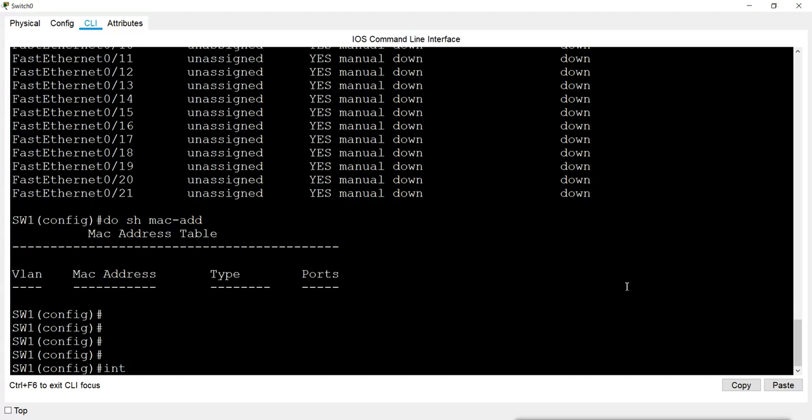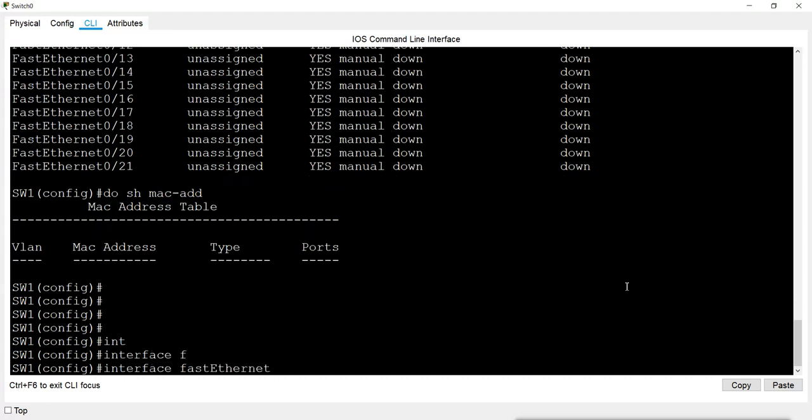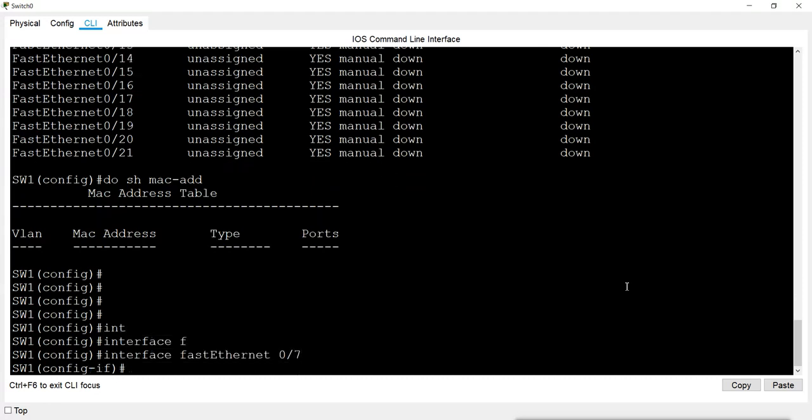Interface FastEthernet 0/7. Now I just want to convert this port into a trunk port. Remember the default status of the port: by default, all the ports of the switches are dynamic.